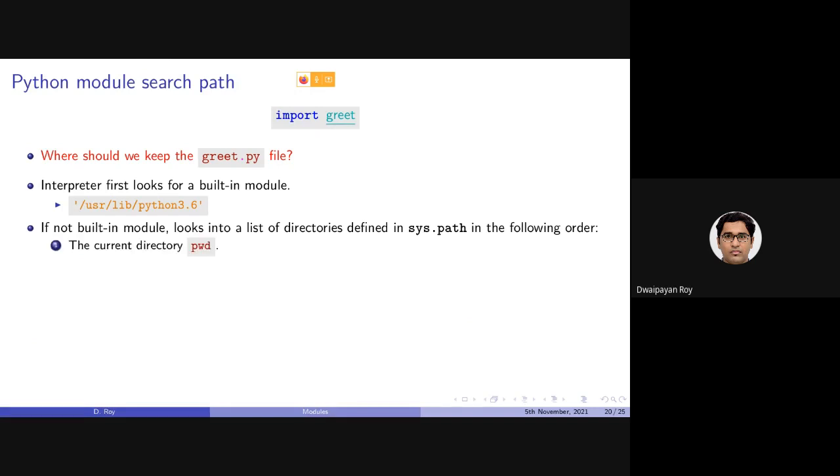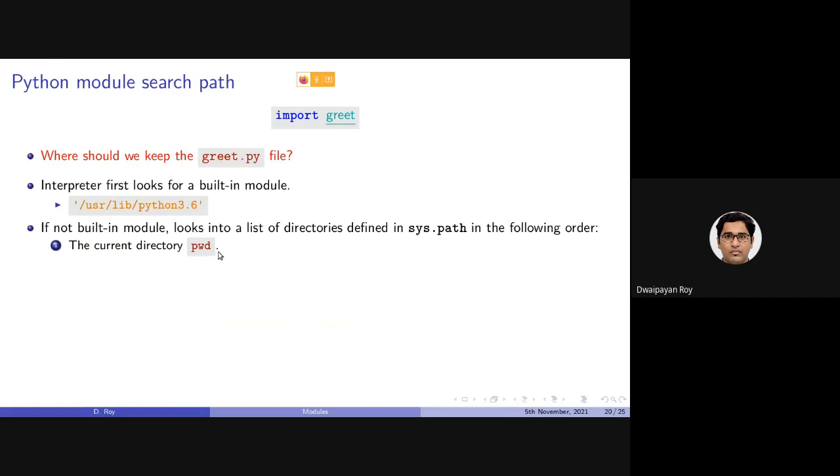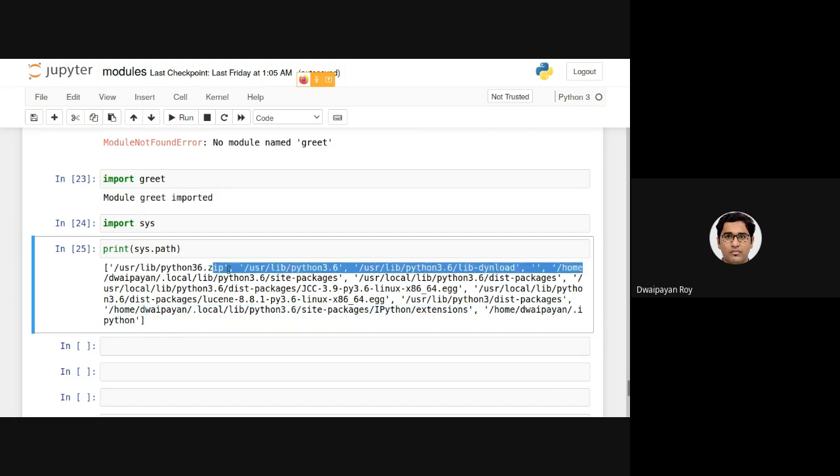Okay, I'll repeat that. If we define a Python module on our own, the first choice is to keep it in the present working directory from where you will be calling that module. Or we should be keeping them inside some user specific directories such as this, or this.